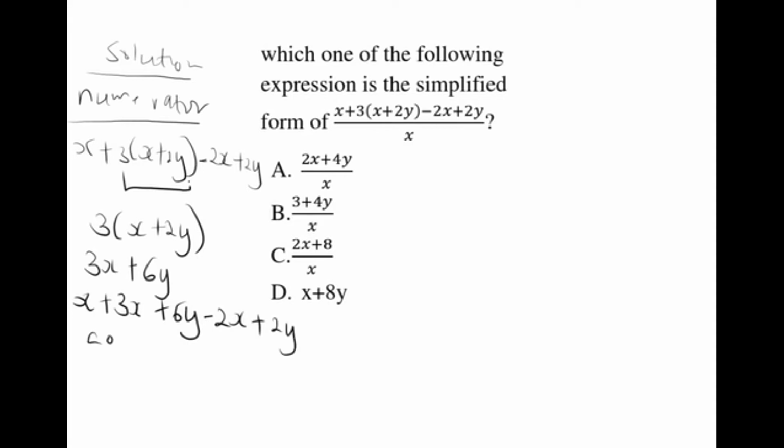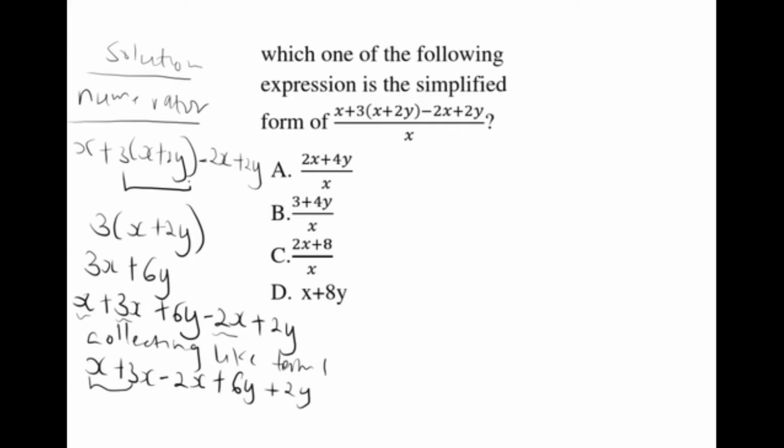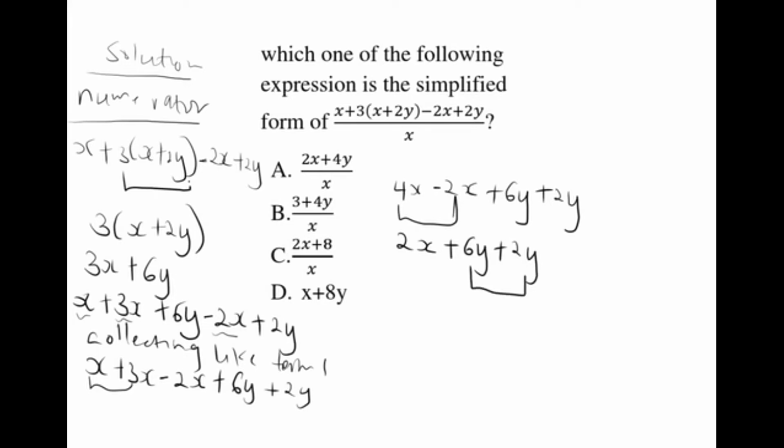We can proceed with collecting like terms together. Our like terms, we have x plus 3x minus 2x plus 6y plus 2y. x plus 3x is going to give us 4x minus 2x plus 6y plus 2y. 4x minus 2x is going to give us 2x plus 6y plus 2y. 6y plus 2y is going to give us 8y. Therefore, our numerator will be